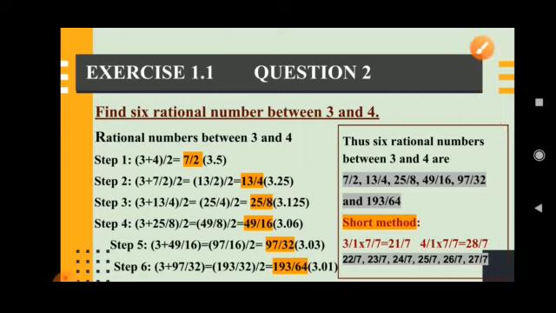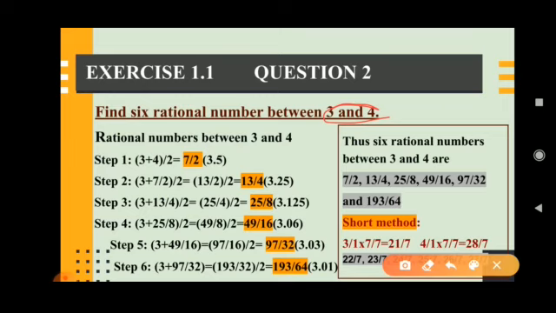So these are the steps you have to follow. For getting the first rational number, you just take the average of the given numbers. For example, if they gave 2 and 5, 2 plus 5 is 7, 7 by 2. Or 3 and 5, 3 plus 5 is 8, 8 by 2. Here the two numbers are 3 and 4, so 3 plus 4 by 2 is 7 by 2. Clear? To get the first rational number, you take the average of the given numbers. For the second, third, fourth, fifth, sixth, you take the average of the first given number and the previously obtained rational number.